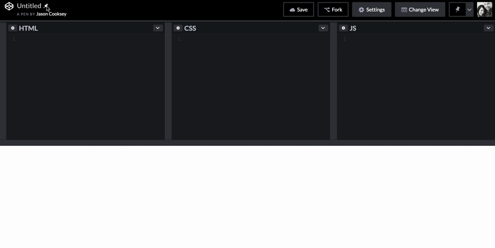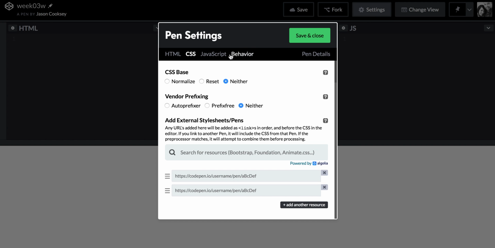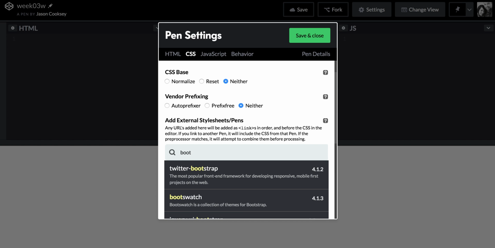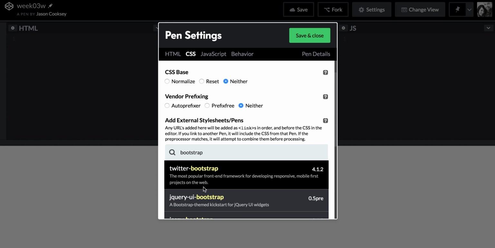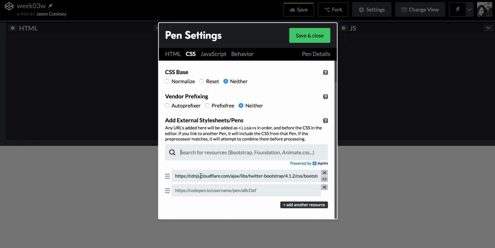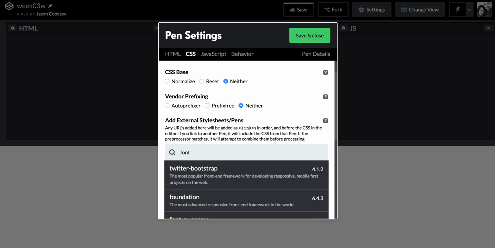So first thing we're going to do is create a new pen and name it week 03W for Wednesday. Cool. Save that. And I'm going to go to my settings, and under CSS I'm going to search for Bootstrap. So we're still going to add our Twitter Bootstrap. And then to add Fontawesome, I can type